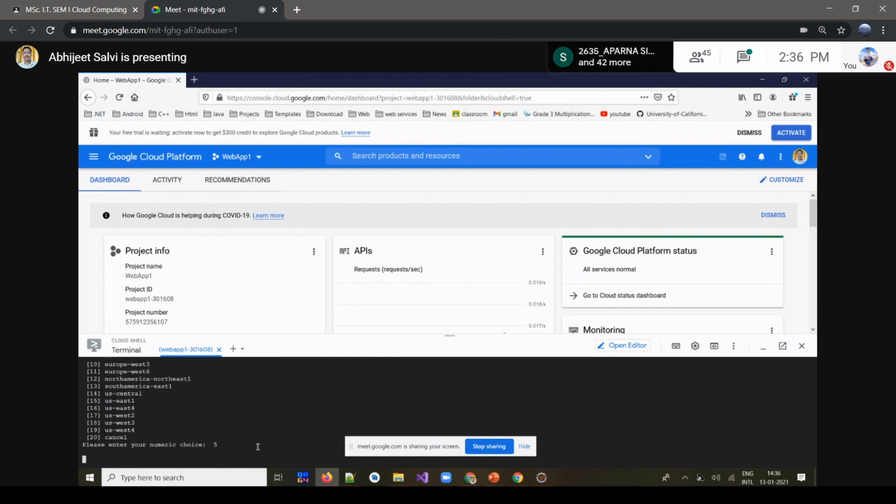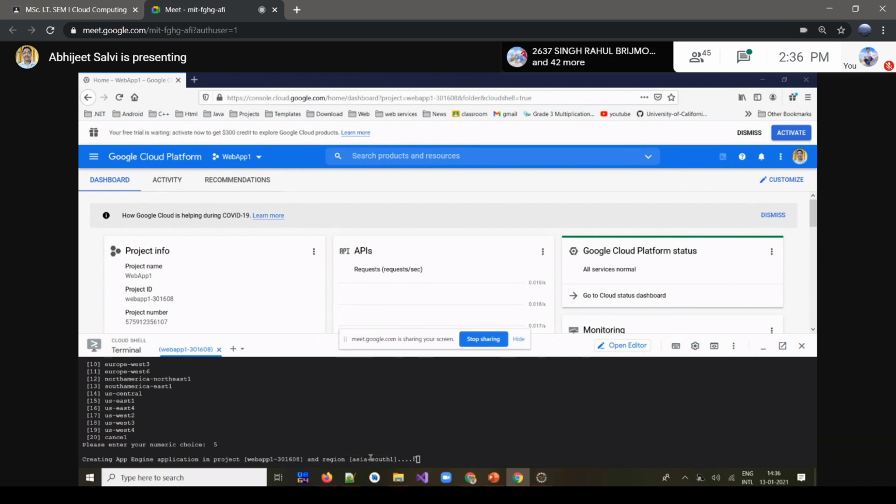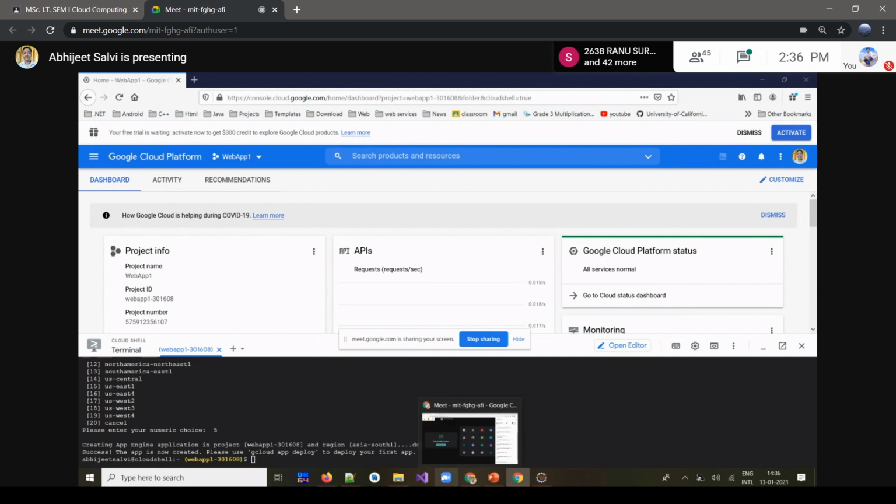So this workplace is going to be created in one of the data centers of Asia. After some processing happens, we'll get that workplace. Now our workplace is created for that particular application.